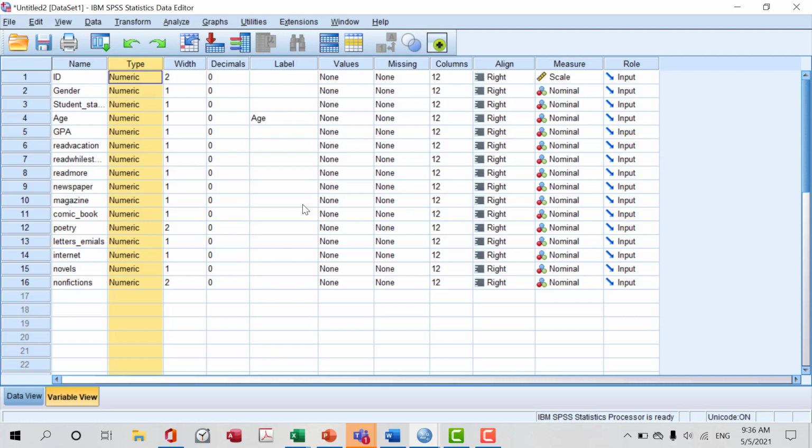We go to type. So you can see after we have imported Excel data into SPSS, something natural has happened, something automatic has happened. So type for ID is numeric, type for gender, student status, age, GPA are numeric, type for read vacation,